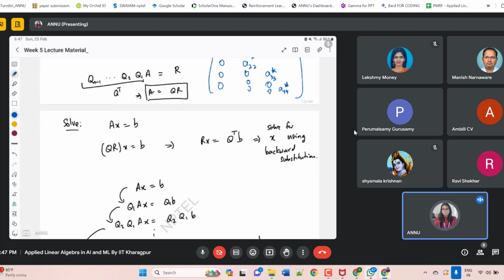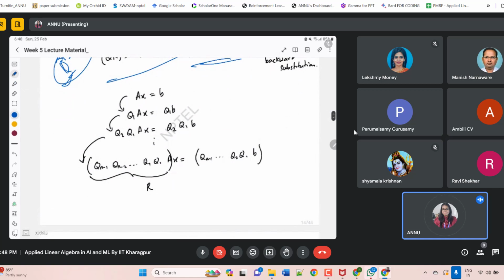Transpose: in case of orthogonal representation, Q inverse equals Q transpose. That is very easy. And then R is an upper triangular matrix. So using simple backward substitution, you can solve this system of linear equations. Whereas in the case of an n cross n matrix, the computation required for calculating the inverse of a matrix was very high. That's why we are converting it to either LU or QR. QR is very famous because Q transpose is nothing but Q inverse. So just by calculating the transpose, you'll get this. Okay, so this was the ambition.